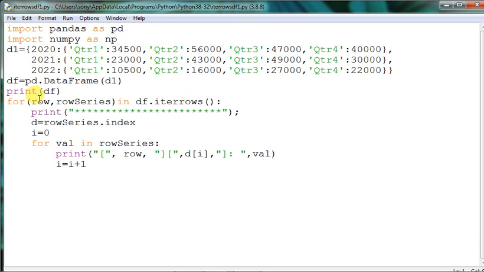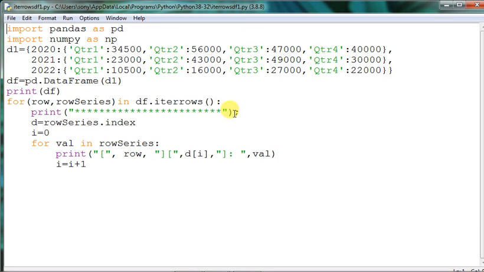All right, now you see what is actually happening. The format of the iterrows function is for row, series in df.iterrows(). Here row is the row and series is the row series. df.iterrows() means it is calling row by row, iterating through the rows, and that is only achievable when you are using a loop construct. So we are doing it in this way.